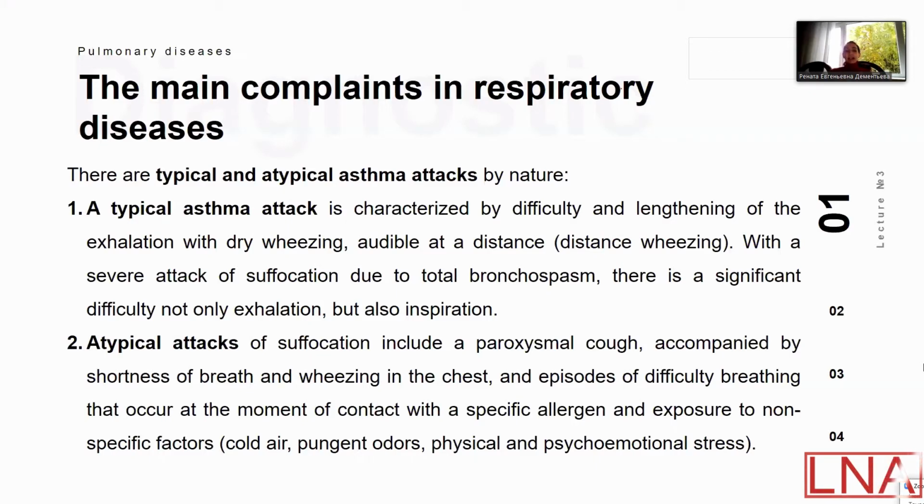It's a typical asthma attack: difficulty and lengthening of the phase of exhalation, and difficulty exhaling the volume of air from the bronchial tree, combined with the development of dry wheezing, which we can hear at a distance, and also detect during auscultation over all fields of the lungs and all projections of the lungs. So a typical attack